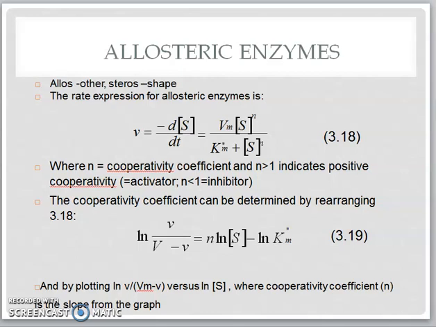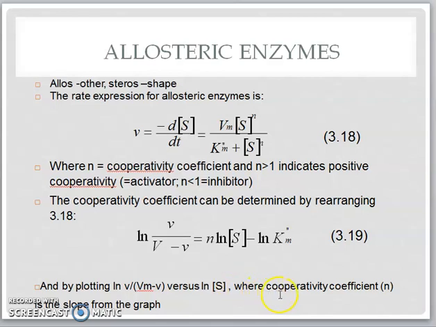In order for us to know whether the reaction is being activated or inhibited, we can plot a graph of ln V over Vm minus V versus ln S, where from the slope of the